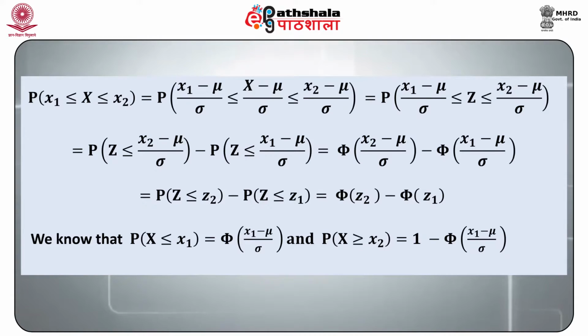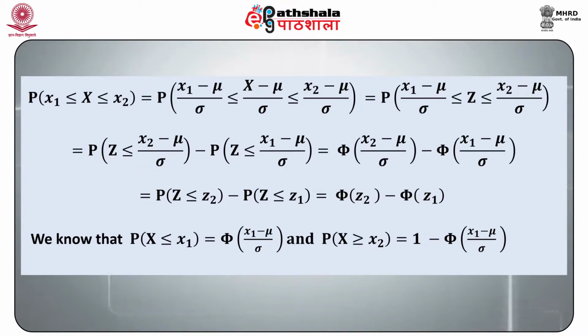For example, if the probability is to be computed that x falls between two numbers x1 and x2, where x2 is greater than x1, then probability of x ranging from x1 to x2 is equal to probability of (x1 minus mu) divided by sigma less than or equal to (x minus mu) divided by sigma less than or equal to (x2 minus mu) divided by sigma,